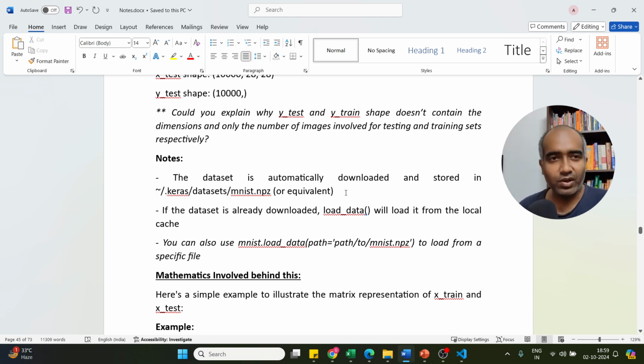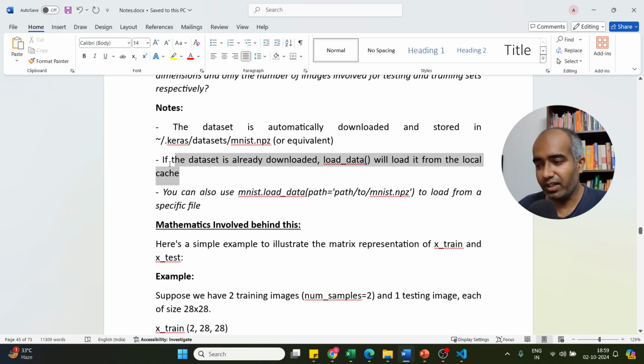So ultimately it will be suffixed with this path, or equivalent to this path. If this has been downloaded, then it will be taken from there only, and it is known as the cache of the images. But if it is not there in the cache, then fresh loading will be done. It has already been mentioned here. You can also use mnist.load_data